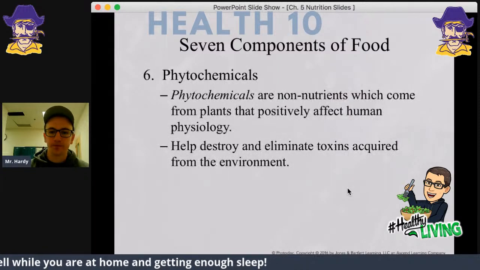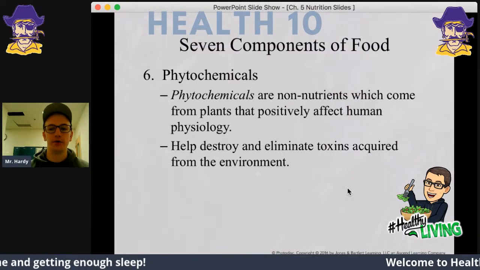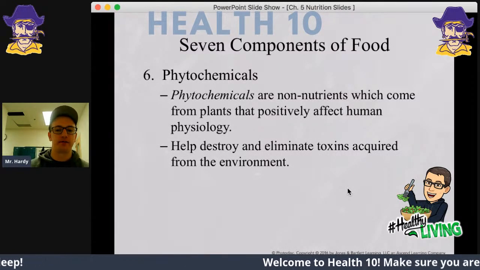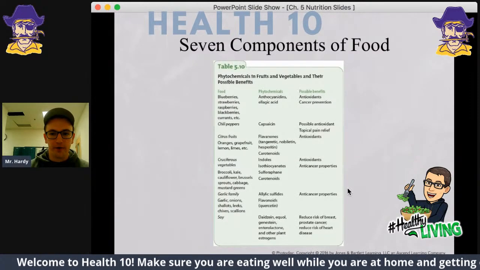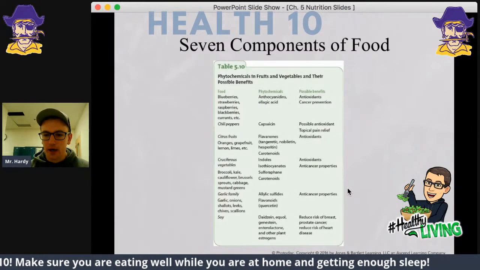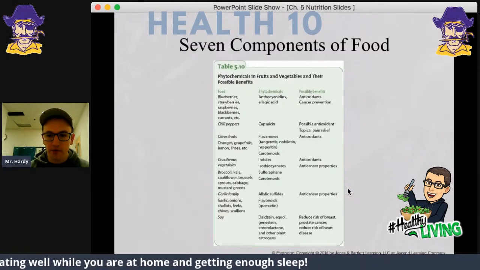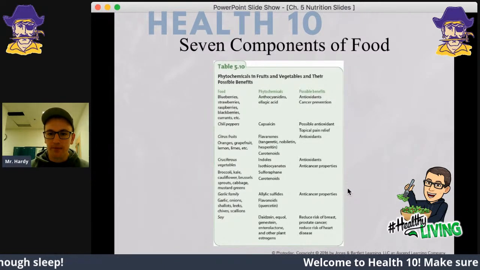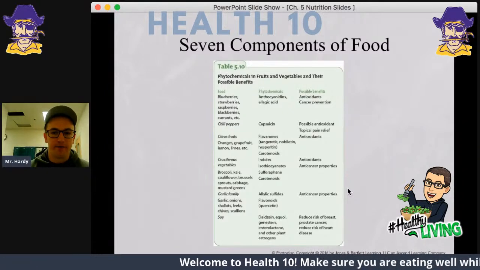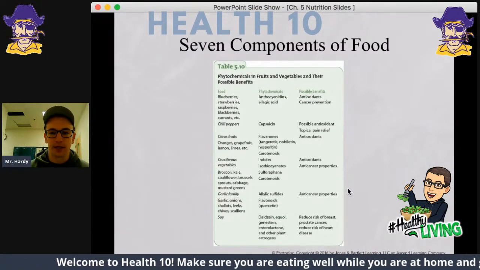All right. Phytochemicals, okay? These are non-nutrients which come from plants that positively affect our physiology. They help destroy and eliminate toxins that we acquire from the environment. Flavonoids are maybe one that you've heard of before. Capsaicin that you get from chili peppers. But there are tons of different phytochemicals, and if you look at the list here,